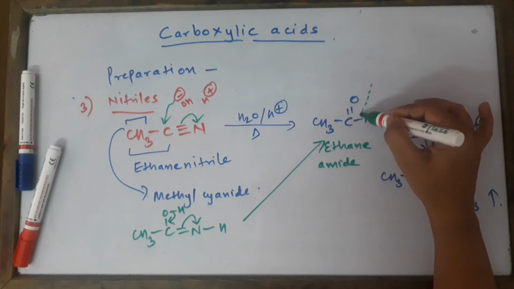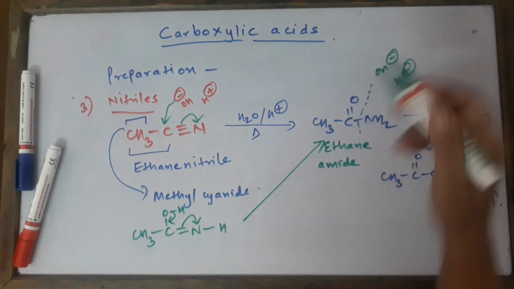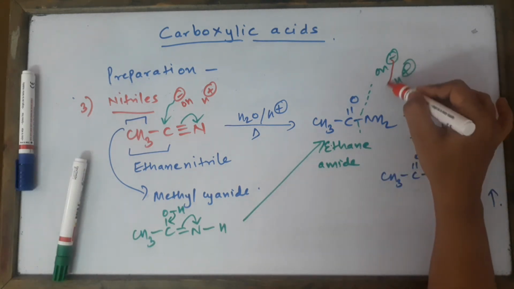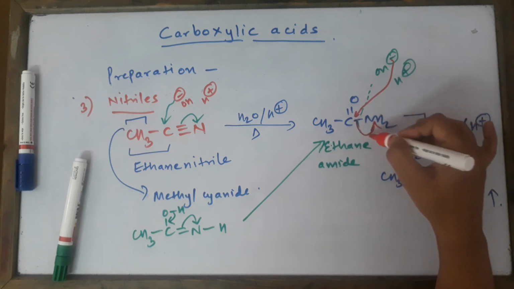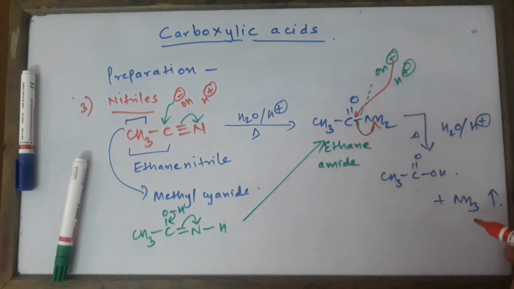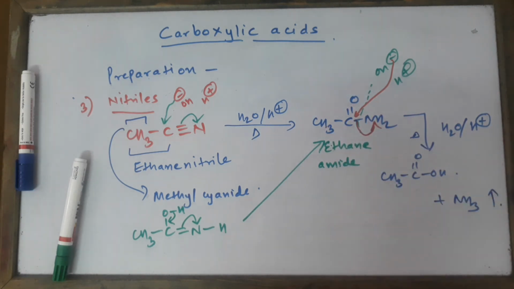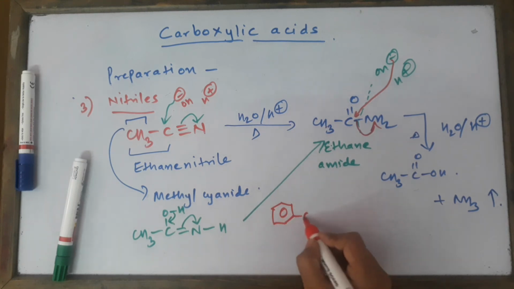When it undergoes further hydrolysis, the OH minus and the H plus of water are there in the test tube. The OH minus is going to attack the positive C double bond O, and the NH2 minus goes out. The NH2 minus and the H plus will come out as NH3, and we'll be getting CH3COOH. So this is the first point we have understood. And in the same way, whatever they give in the exam, you can definitely write down the products.